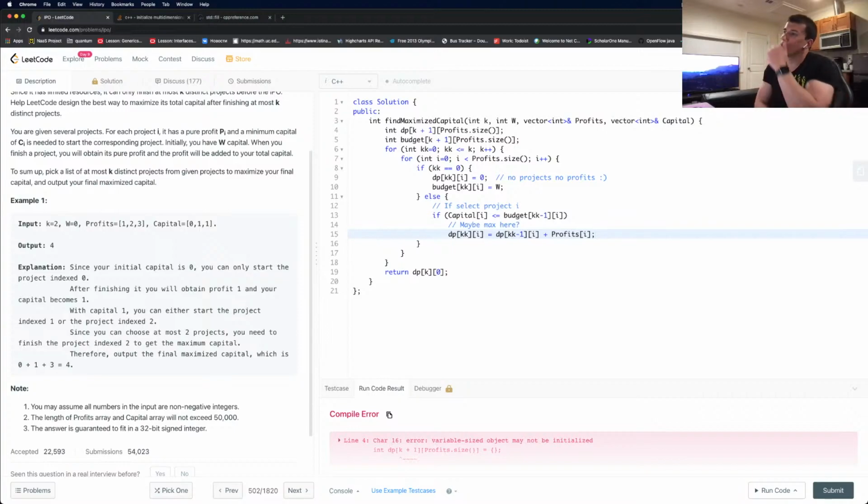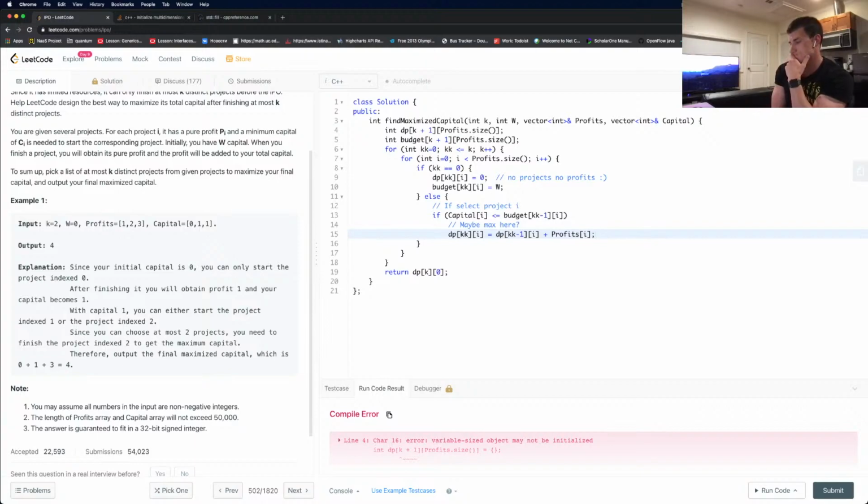Or should we bother? That's the question. Because at every step we want to select the next max available, I guess.